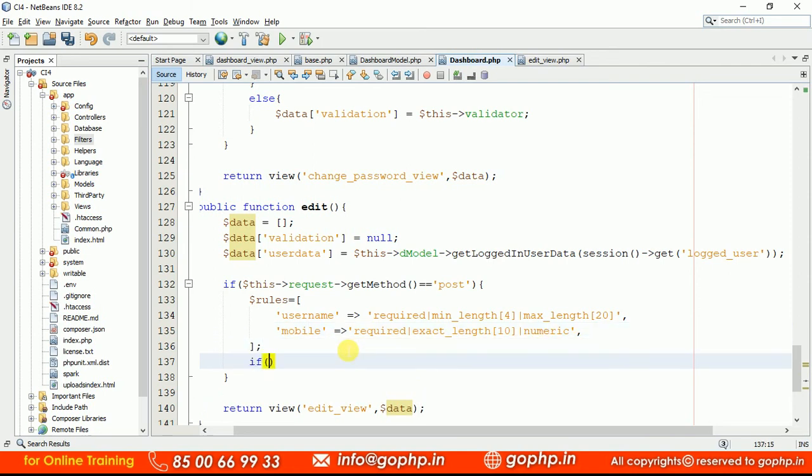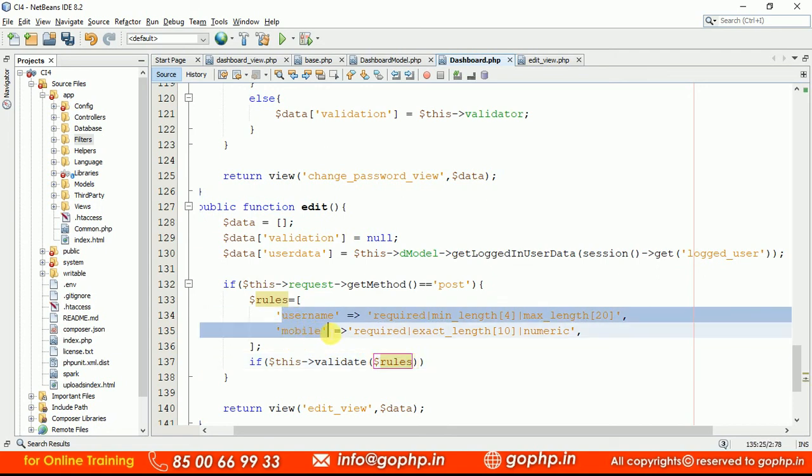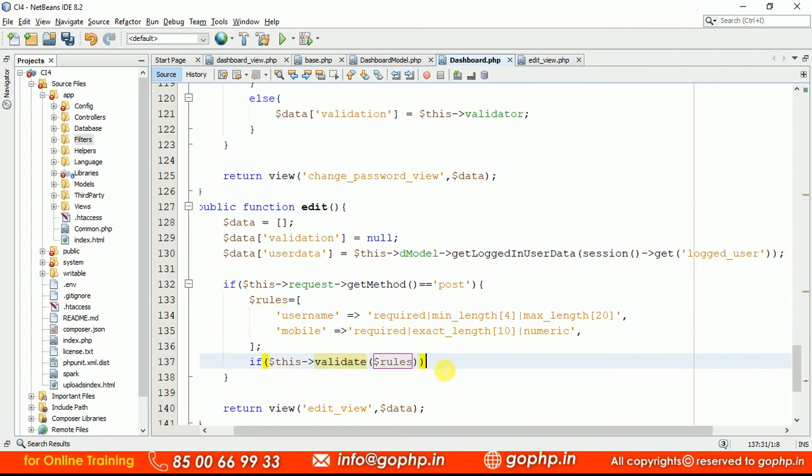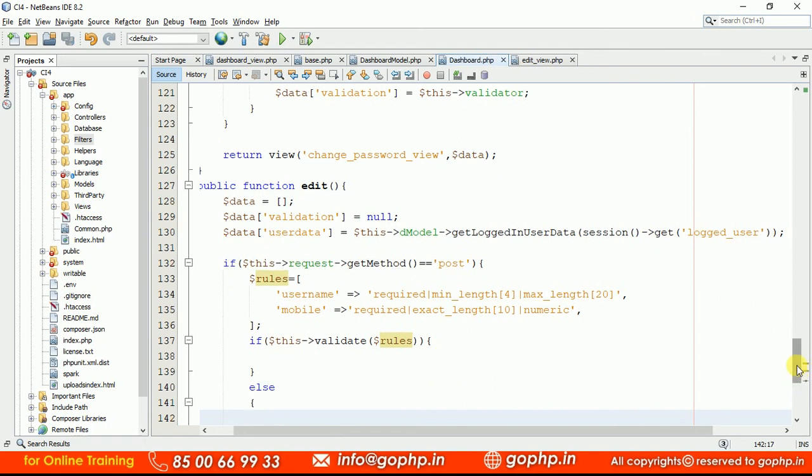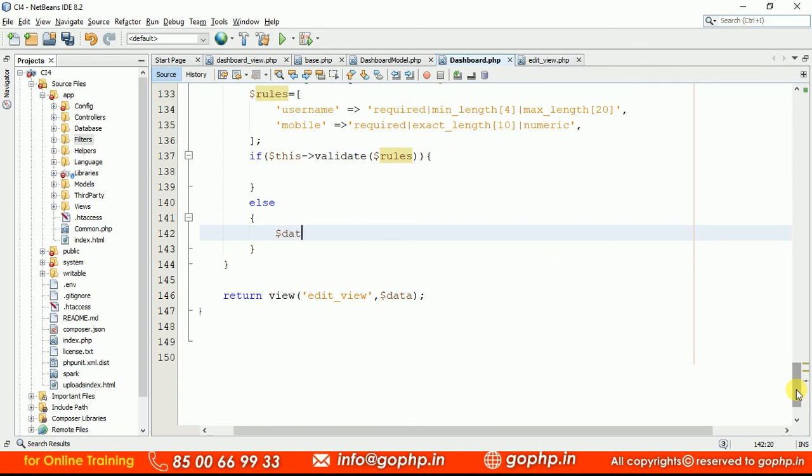If these rules are okay, there is a method to verify these rules. That method is nothing but the validate method. To this validate method, we have to pass the rules. If the rules which are defined on the input form fields are satisfied, this validate method is going to return true. If it is true, we can collect the data and send the data onward. Now in this, I'm just going to handle the else block. We have to send the validation errors. Let us take a variable called validation here, the key validation, and to this we have to pass the validator object. If any errors are there in the above validations, this validator object will collect those errors and display them in the view.